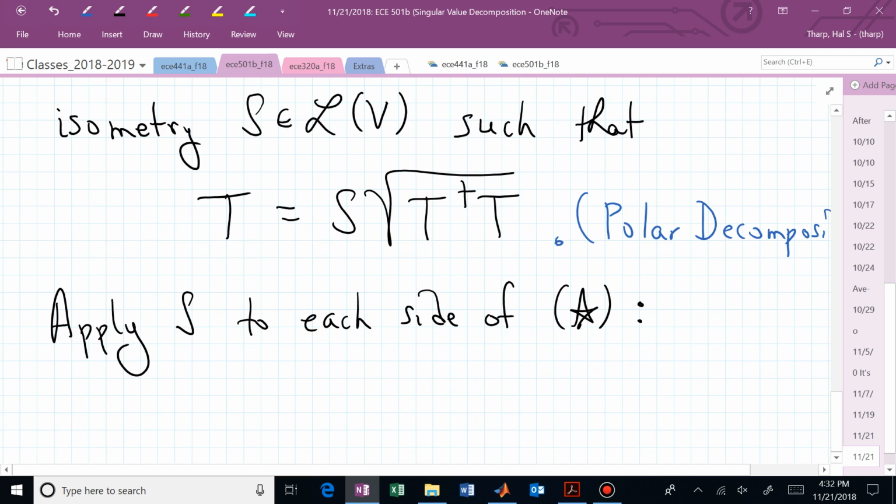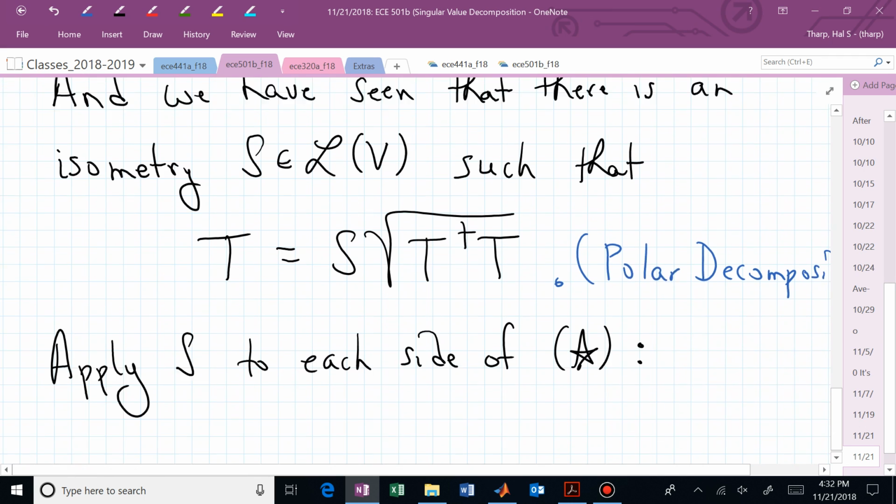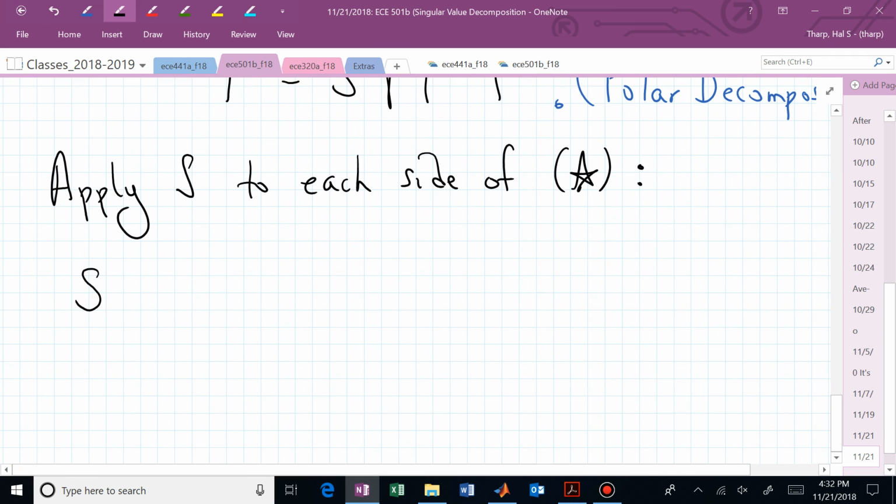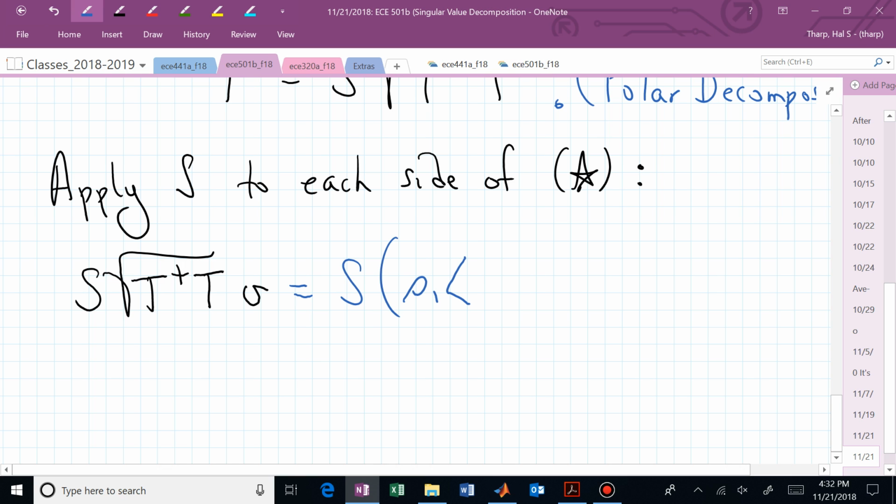So that now on the left we have S operating on the square root of T dagger T applied to V, and that's now equal to S times S1 inner product of V with E1, E1